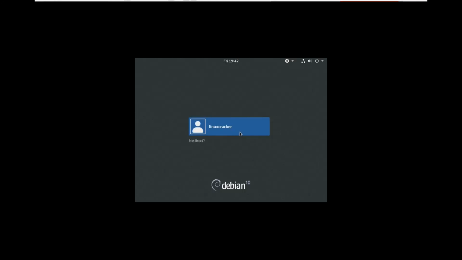It is checking all the services and system software needed for our system initialization. So our login prompt has opened. Now I will enter the password for the user that was created before. I will use the same password, linux@12cracker.